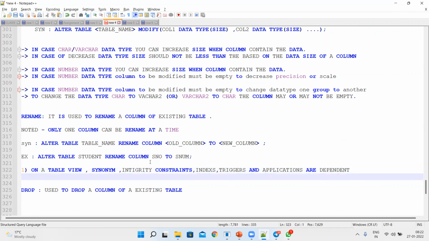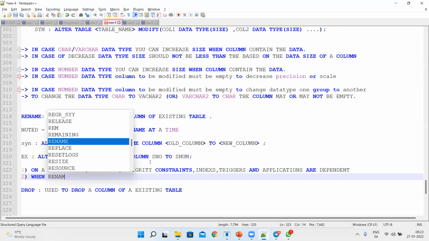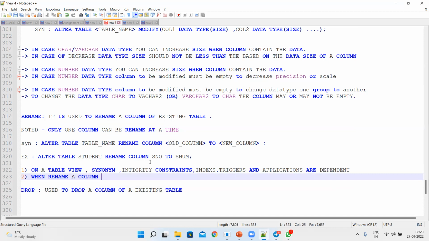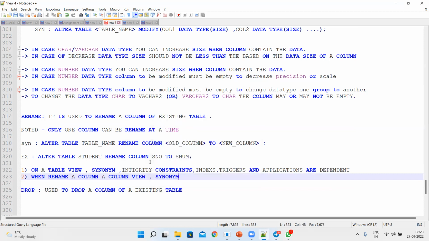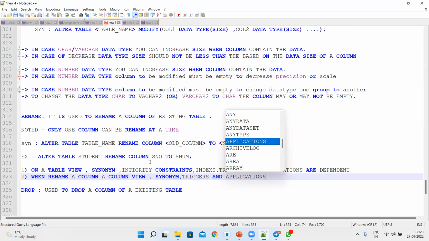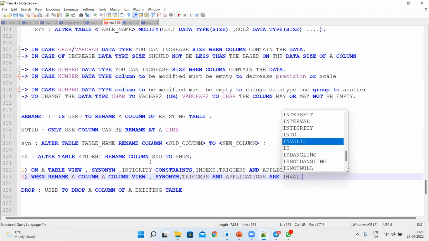Here, when you rename a column, views, synonyms, triggers, and applications are invalid.